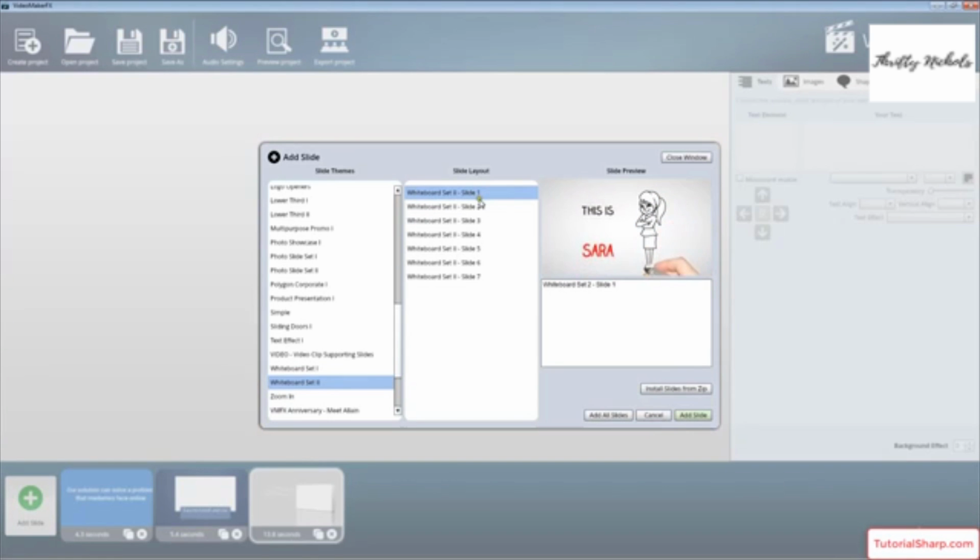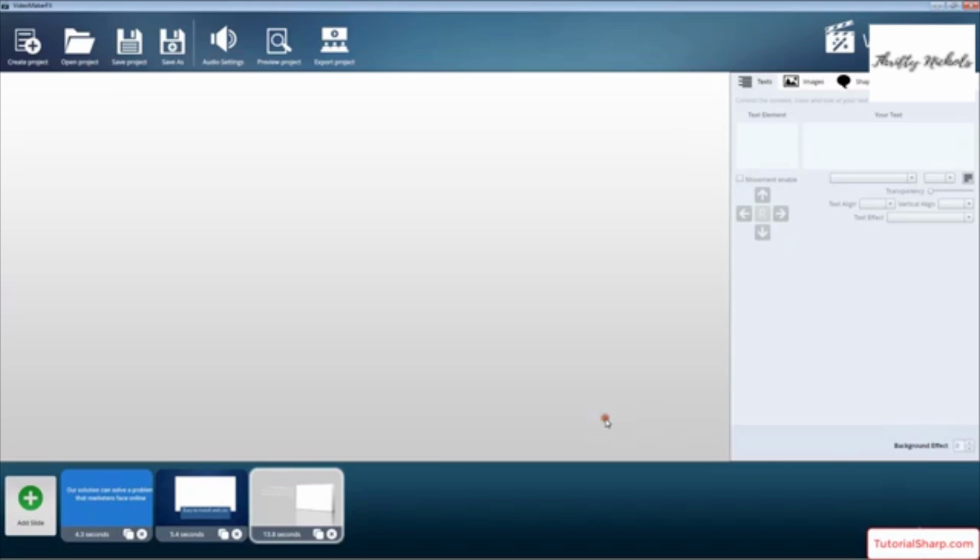So what I'm going to do, as we said in the beginning, that we want to create videos in less than 5 minutes and get our message across. So that's what we're going to do. We're going to add in the whiteboard set, and we're going to re-update the text within it, and it's going to create a really quick video within our video that we're making here. So all I have to do is add all slides,